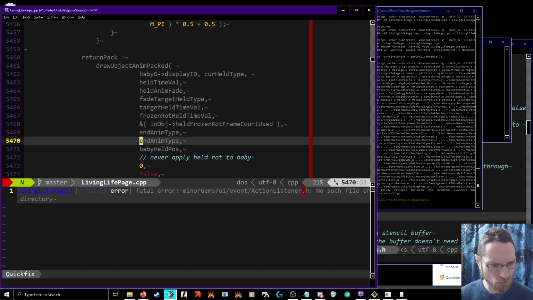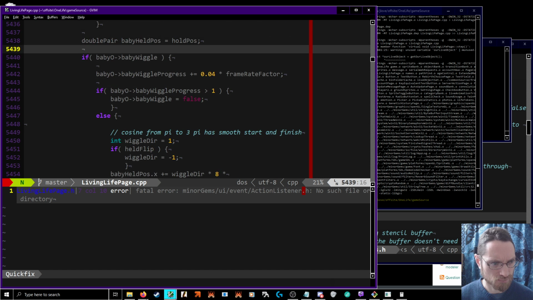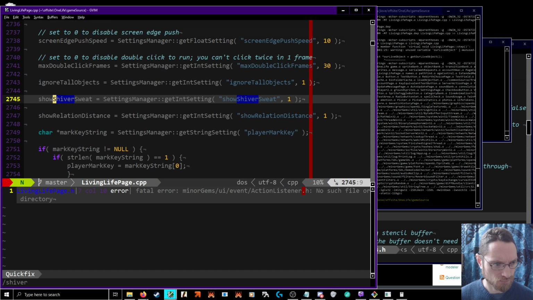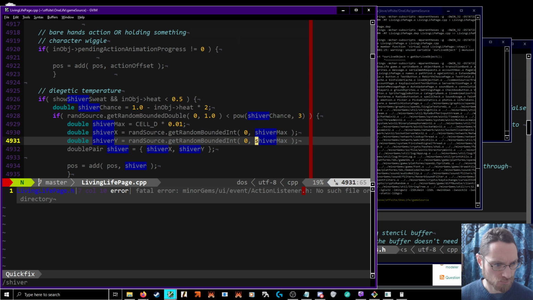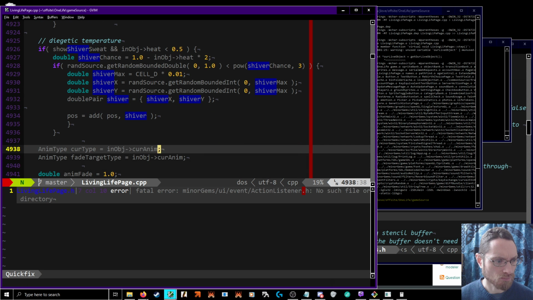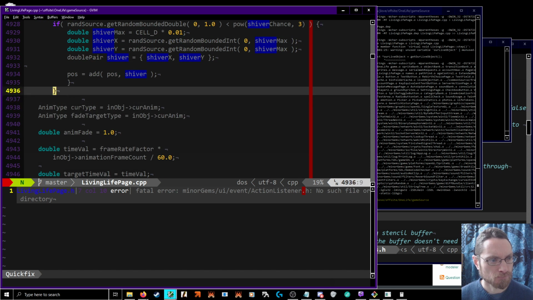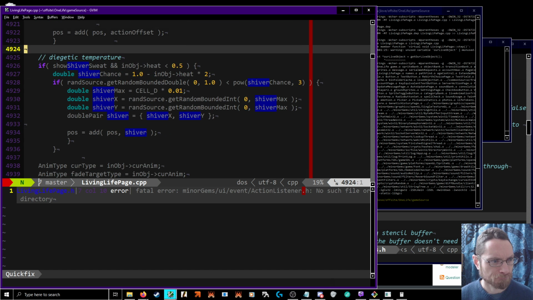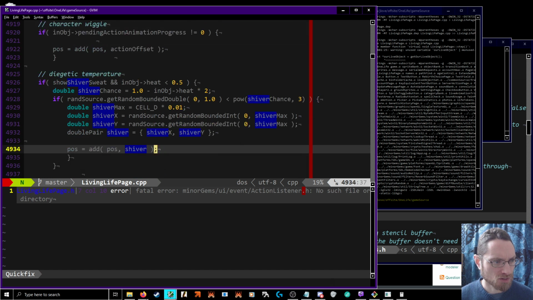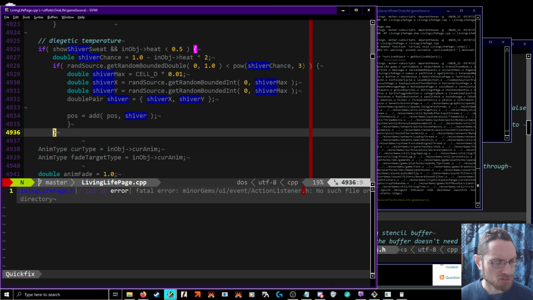Well, babies won't be dealing with tools a whole lot. That's adjusting the position. Action offset. So if we've got a position,